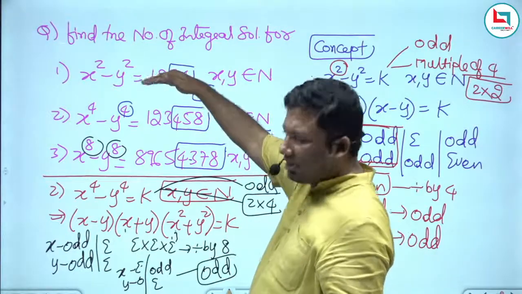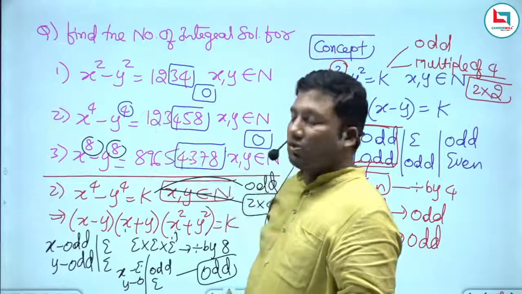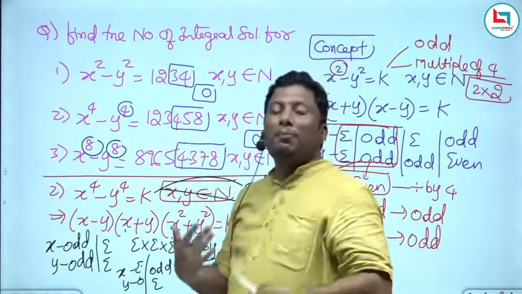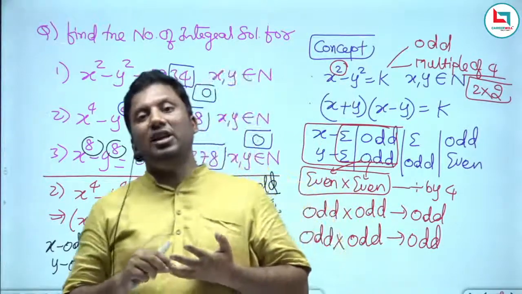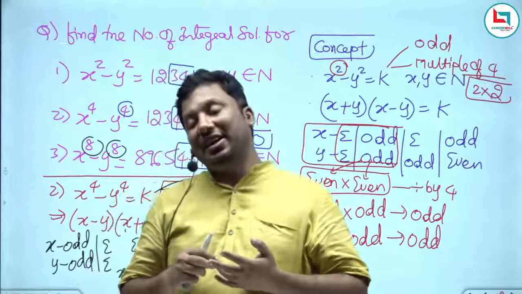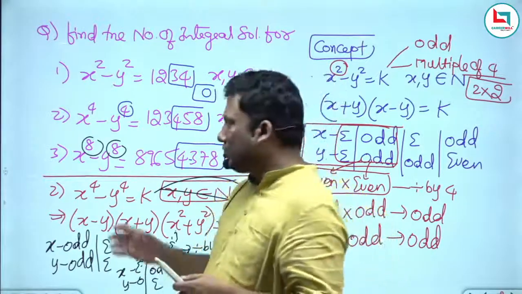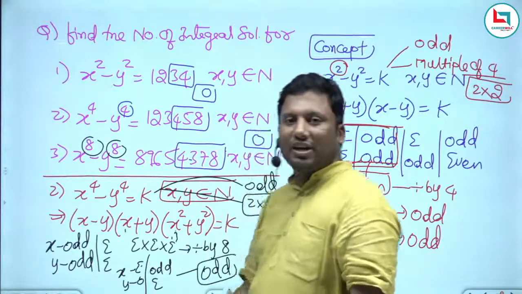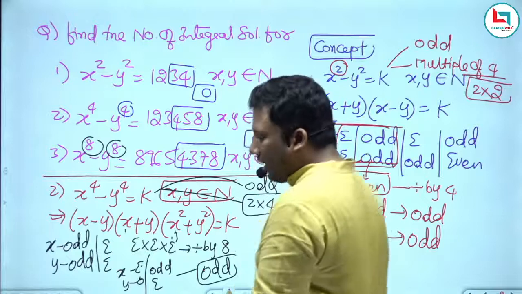Any question of the form x square minus y square, x power 4 minus y power 4, x power 8 minus y power 8. Similarly, you can derive x power 16 minus y power 16. The right hand side will be an odd number or a multiple of 32. I hope the idea is clear. Second concept, third one,